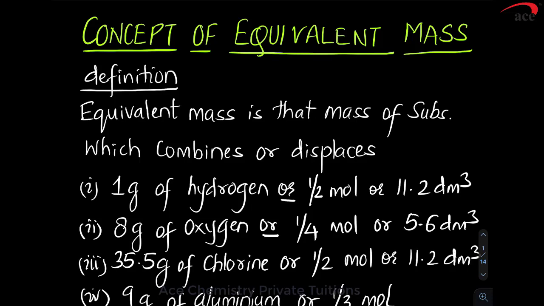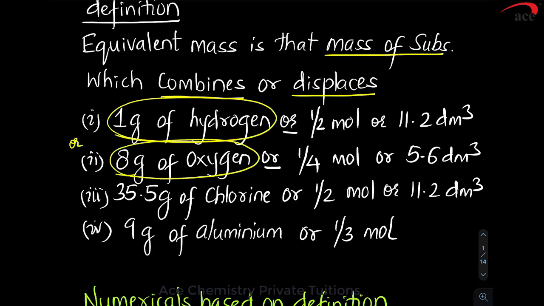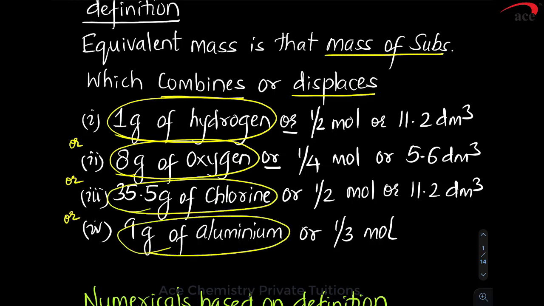So, the concept of equivalent mass. In today's session we are going to deal with numericals. To deal with numericals, a very good understanding of equivalent mass is required. By the way, what is equivalent mass? Equivalent mass is that mass of a substance which combines or displaces 1 gram of hydrogen or 8 gram of